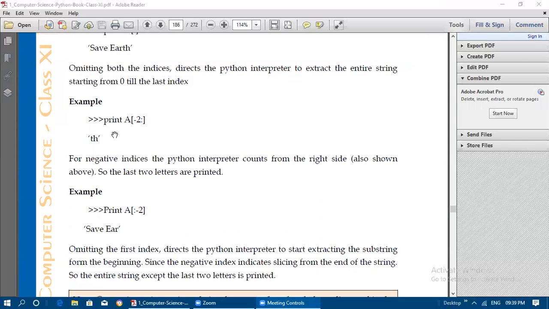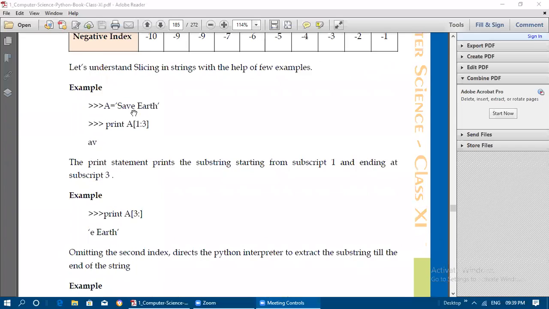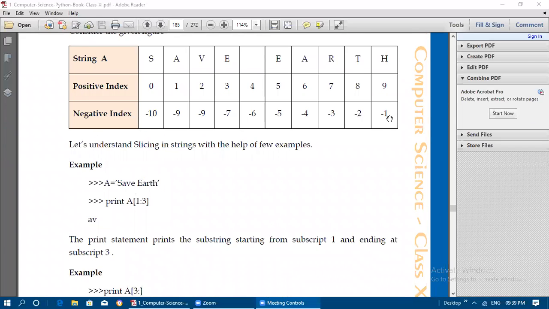Okay, and next is using negative indices. So negative indices will start from, that is, earth, the h will start from index value -1, and on the left side we will have up to -10. So on the left side we have up to -10 and the right side will have -1. So the total length of the string is 10.